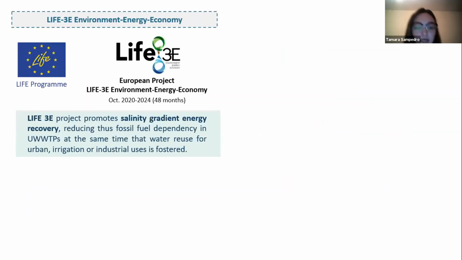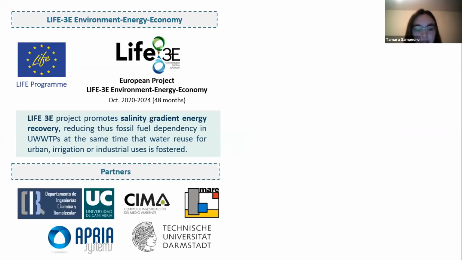Life 3E, a project that belongs to the European Life Program, promotes salinity gradient energy recovery, thus reducing fossil fuel dependency in urban wastewater treatment plants, where the water is used for urban irrigation or industrial uses. This is a transnational event in which the Department of Chemical and Molecular Engineering